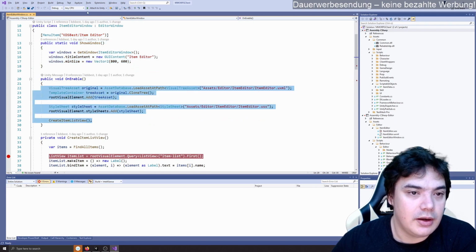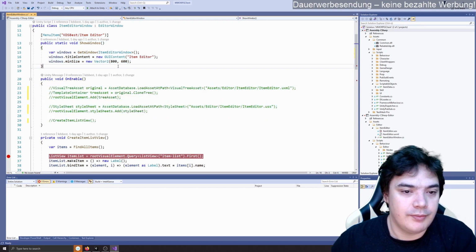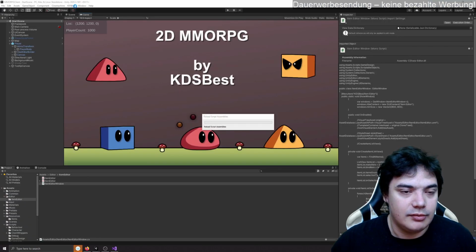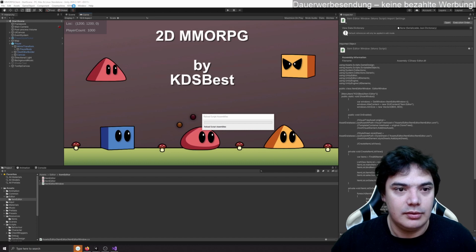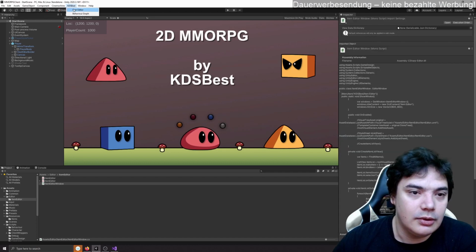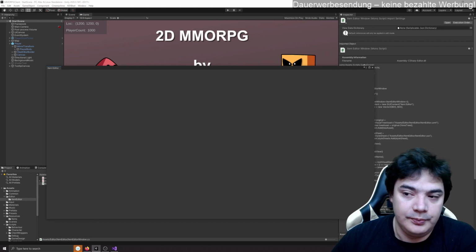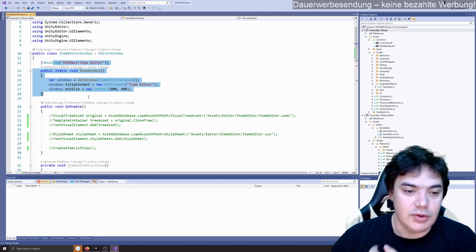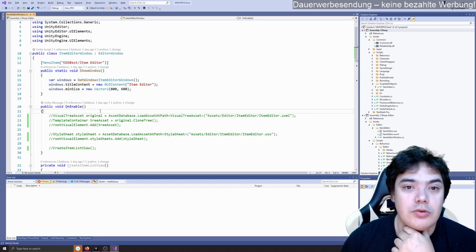Let's remove this code real fast. So when you just do those lines, then it's empty, even though we have defined those files,